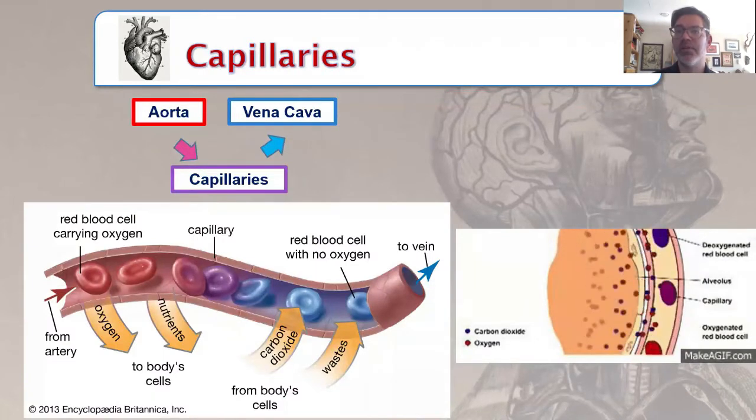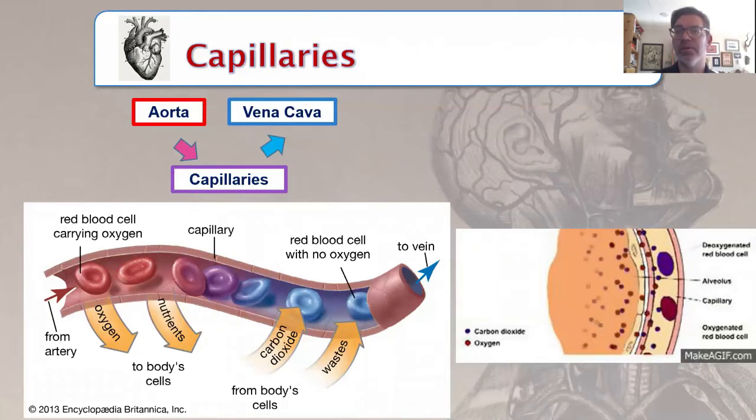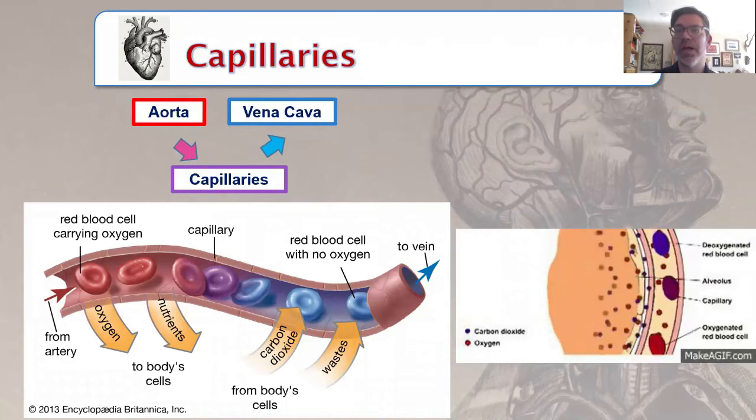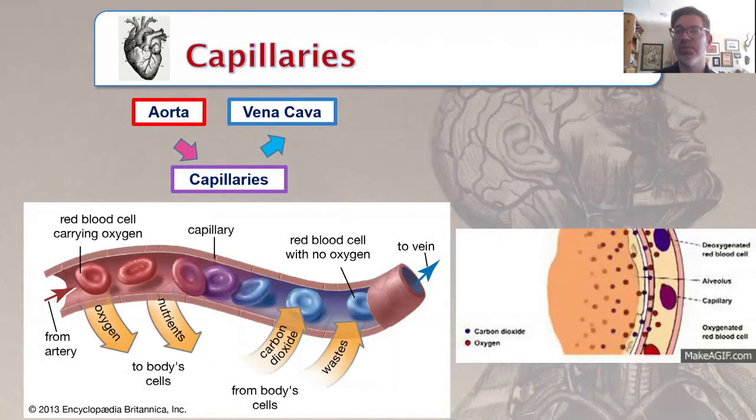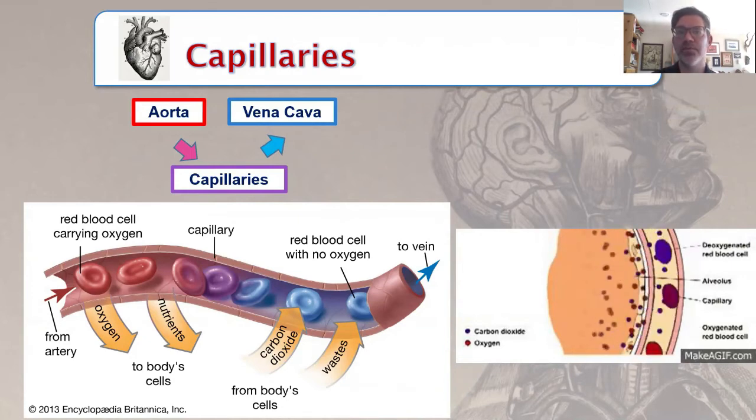The tissue that the capillaries connect with will have a high concentration of carbon dioxide and a low amount of oxygen. Hemoglobin will grab the carbon dioxide and release the oxygen simply because there is more CO2 to grab compared to O2. When the blood reaches the lungs, the opposite occurs.